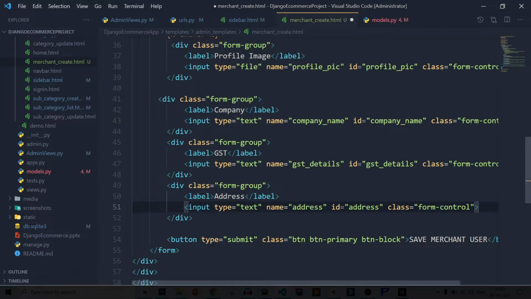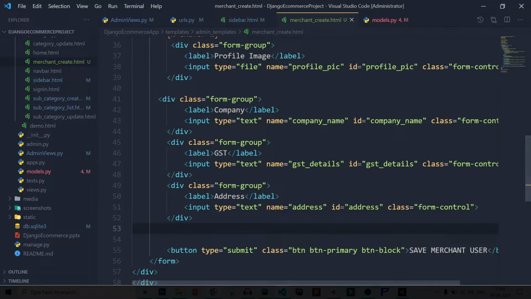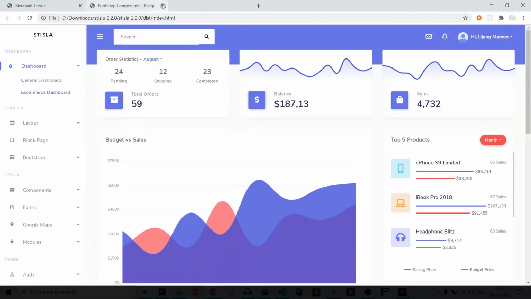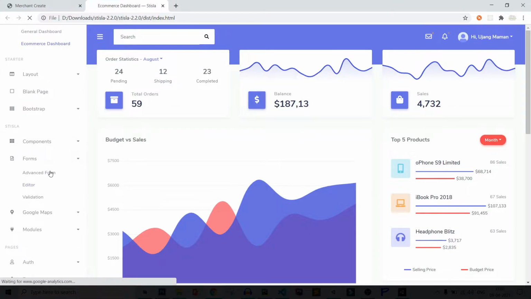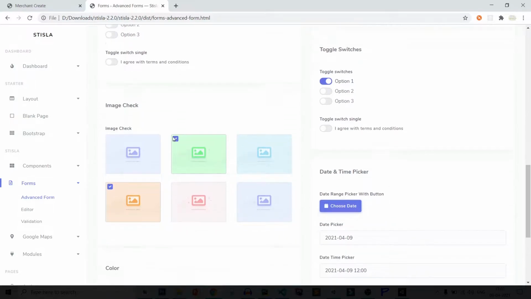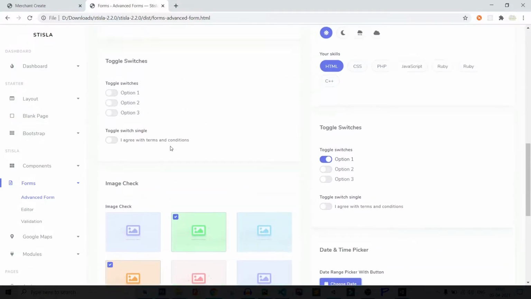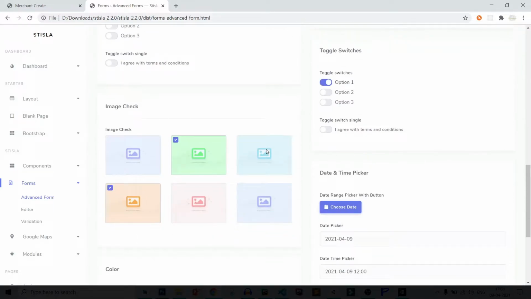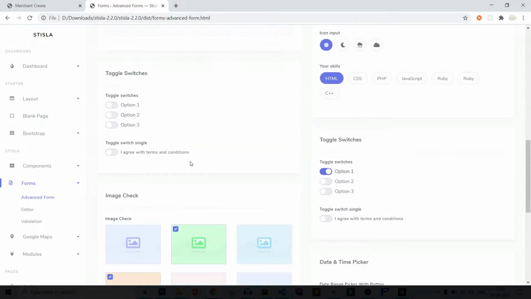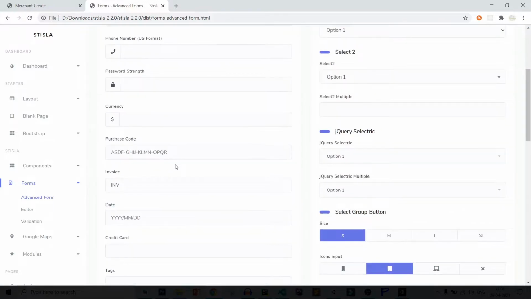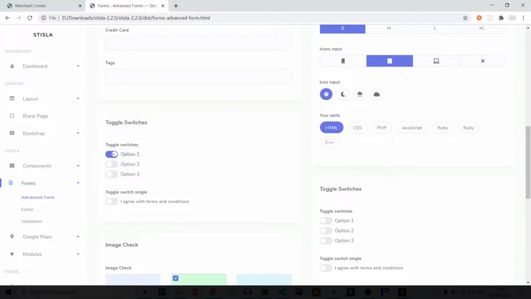So here let's add a checkbox first. Open the index and Bootstrap, advanced form. Let's look for a checkbox. There is no checkbox, I think it is showing switches.